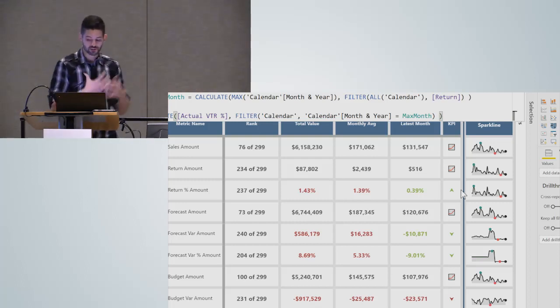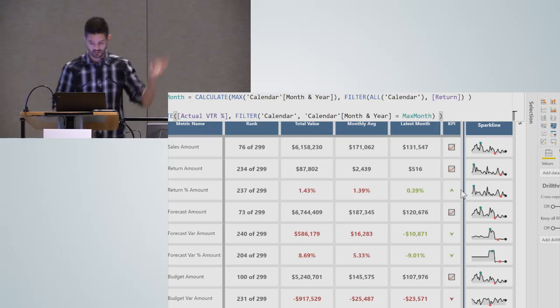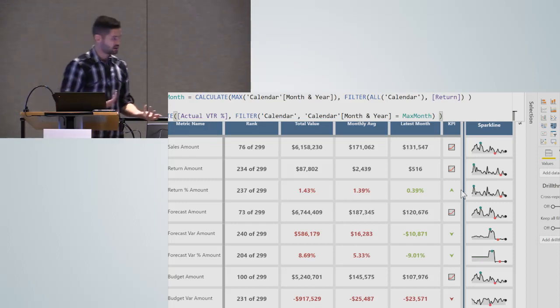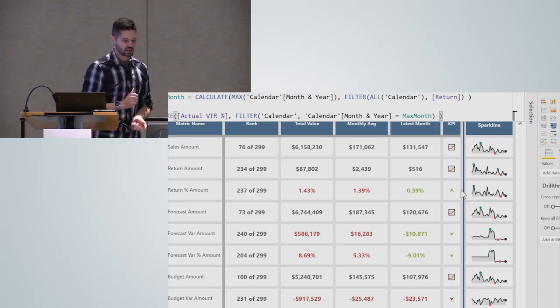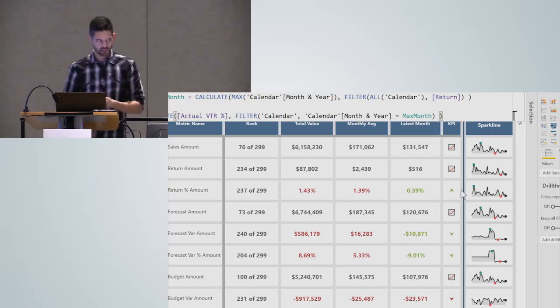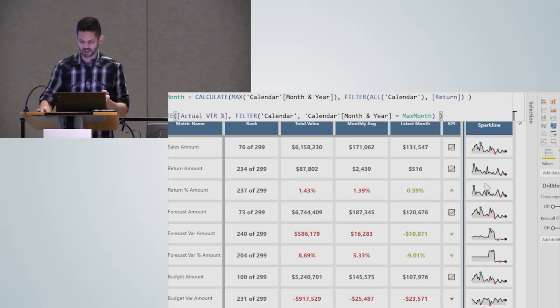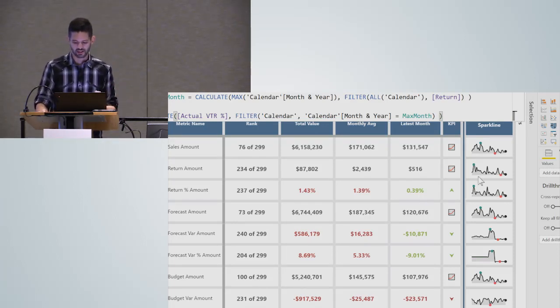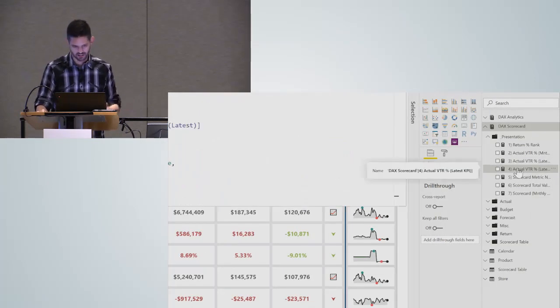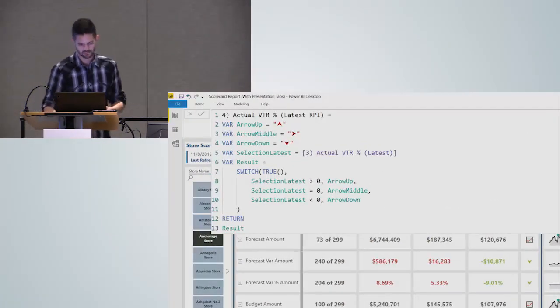But DAX can return a lot of different things, including the top 2 symbols, which is unichar. That's a really nice way to add little KPIs in either its own visual, or you can add it next to it, as we'll see a little bit later. But there are many, many ways to return some kind of an indicator rather than an actual number itself. And that's represented in here.